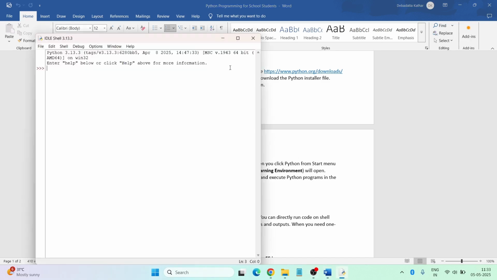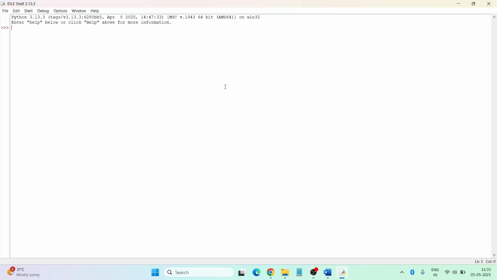It means this is the editor. We can write the code of Python. Then if you want to perform some simple calculations also, and if you want to print some statement,